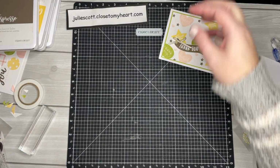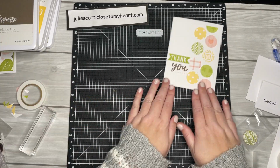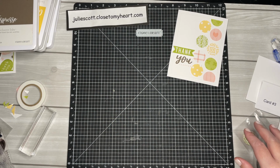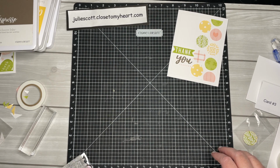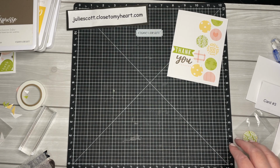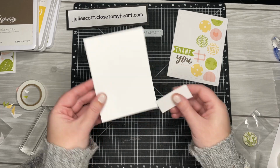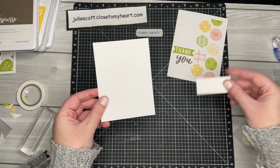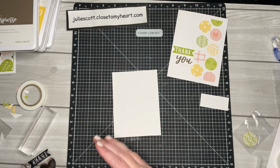All right, last but not least is card number 3. I think this one is my favorite. I had too much fun with this one. Okay, so for card number 3, you have a larger piece of white and then this little piece of white. So this one, you want to stamp U